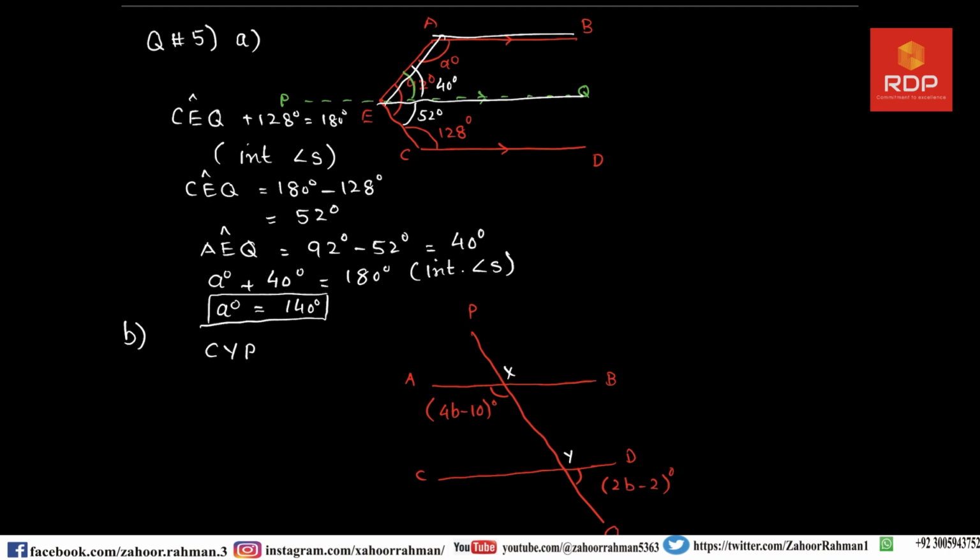So X is also correct, but X by itself is a position, so the line is PQ, so you have to write P not X. So CYP